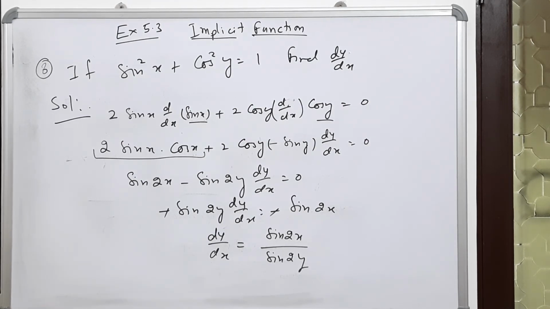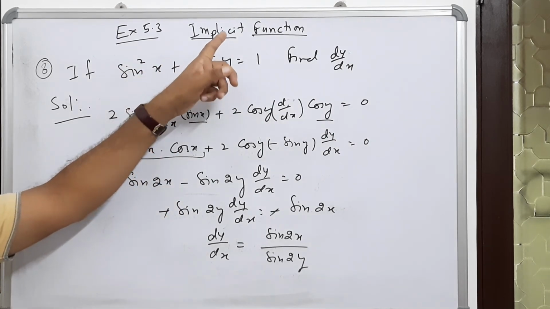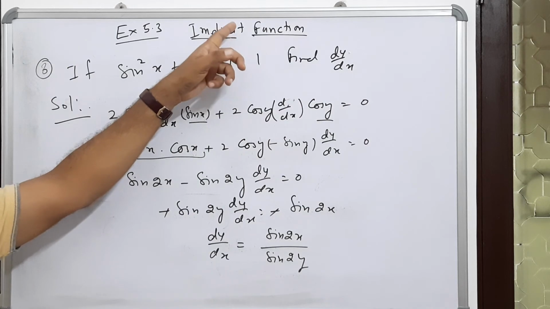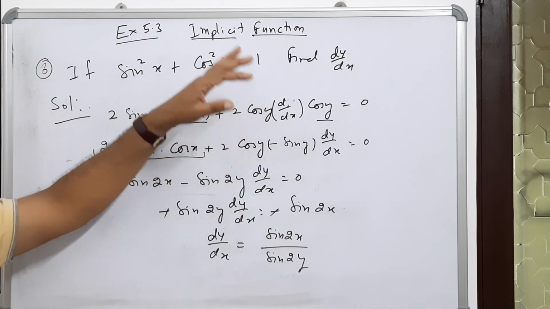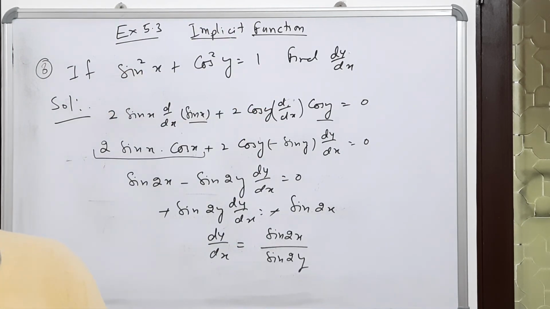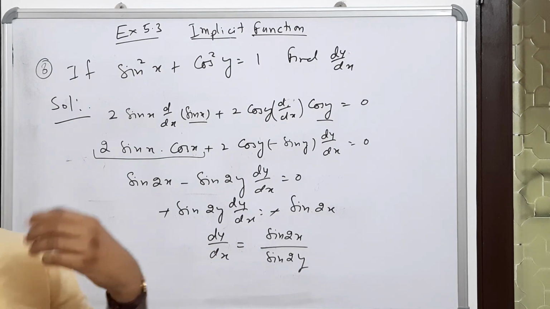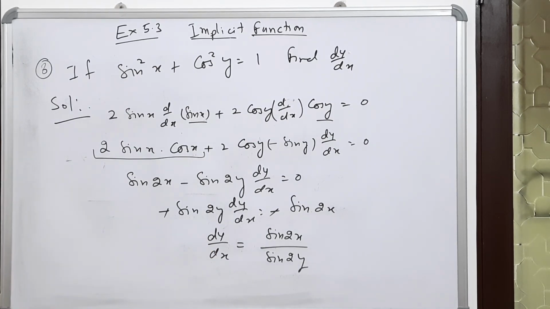This type of problems are known as derivative of implicit function. This implicit I want to highlight today. Derivative is going on, but the implicit is very important. Again, I want to finalize and tell you this topic, that implicit function means the function which cannot be expressed in terms of x or in terms of y. Then we use the direct differentiation and we find the value of dy by dx. This type of sums are very, very important. Please solve more and more sums from this category, and very soon I will be giving you the homework problems also, especially for this particular type of sums.